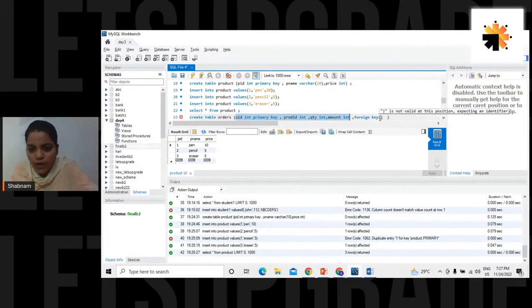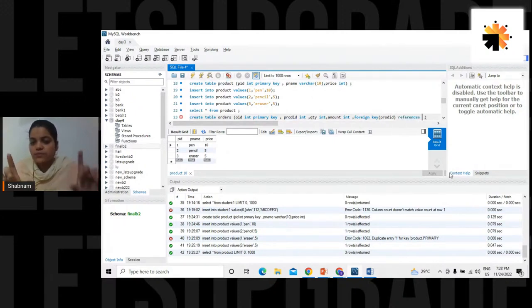I want to link which column? PRODID. Correct. With which table? The product table. For that we use the keyword references. Hero of the movie now. Let me complete the syntax, then I will teach you the meaning of references.